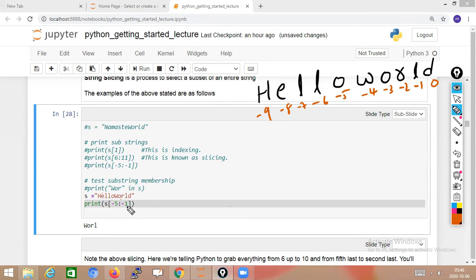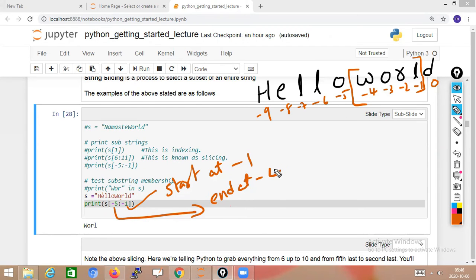So now it starts from minus 1. Minus 1 means L. Okay, it starts from L. You have to check like this, minus 1, minus 5. So minus 1, what you got? WORL. That means up to here you got. Start at minus 1. So minus 5 is there now. Minus 5 means you take up to minus 4. So minus 1 to 4, what will we get in the output? WORL. That is our output.